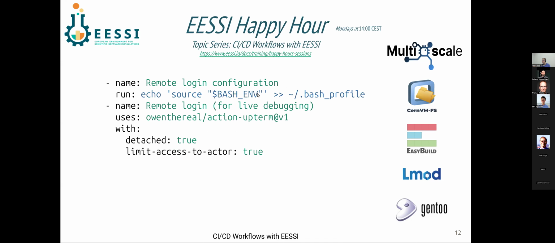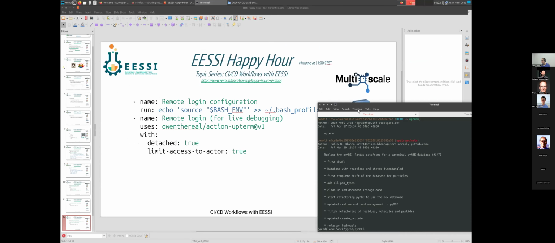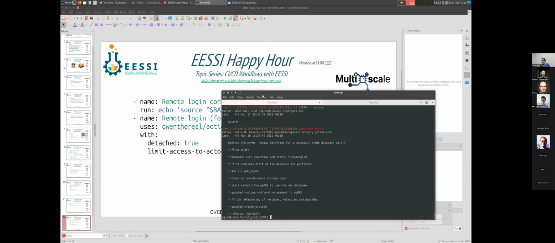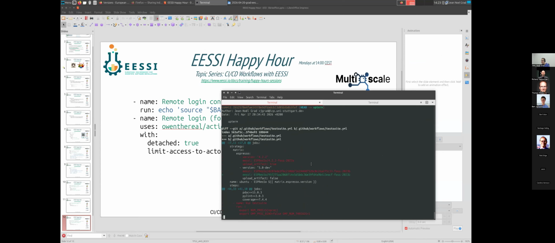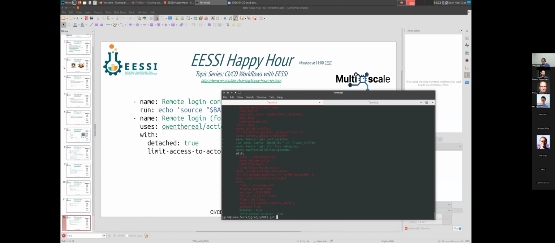Now we can have a quick demo. I have here the pin-based software. I have cloned it from the main branch, and I have added the upterm example. So I'm removing the 4.2 Espresso release and only keeping the 5.0 release. I'm removing the test suite because it is 5 minutes long, and I'm adding the commands I just showed to trigger the action and open the terminal. So if I push this to my fork